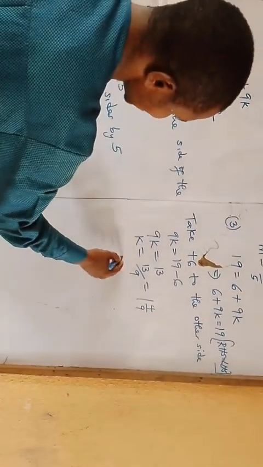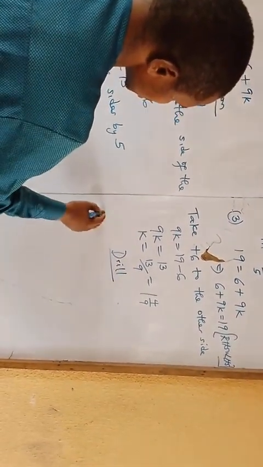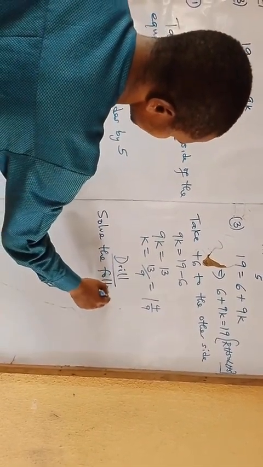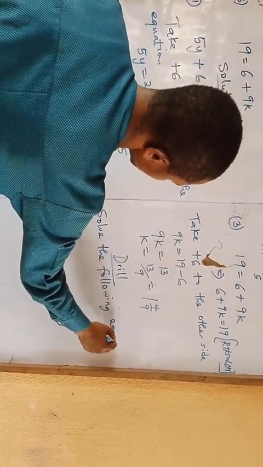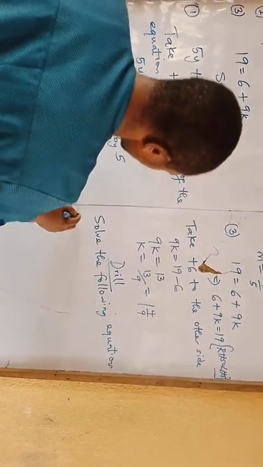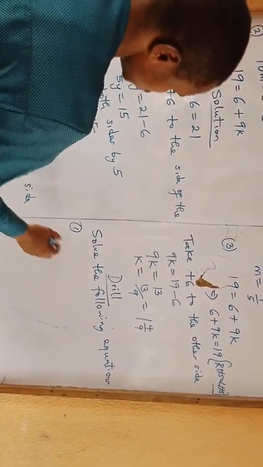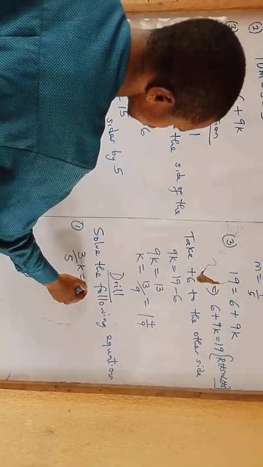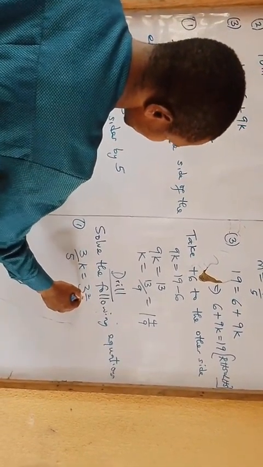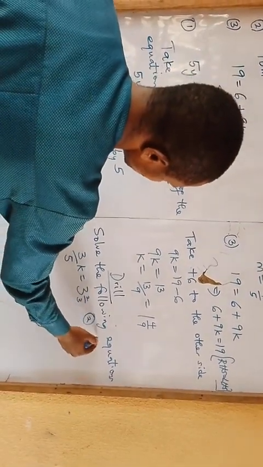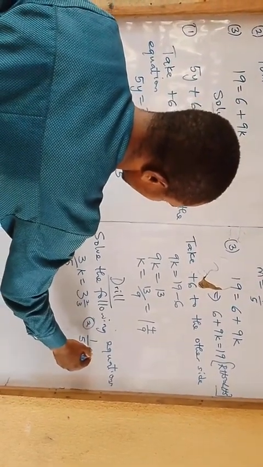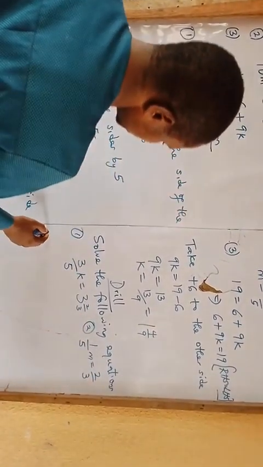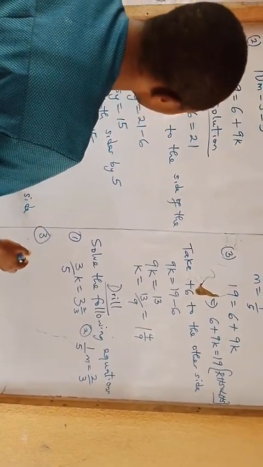So I want you to try this drill. Solve the following equations. In our number 1, we have 3 over 5k is equals to 3 whole number 2 over 3. And number 2, you have 1 over 5m is equals to 2 over 3. Then number 3, you have